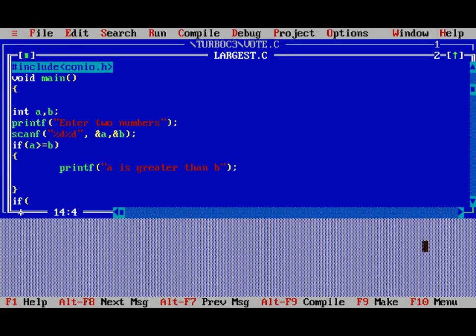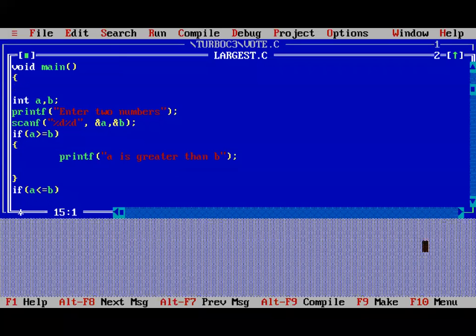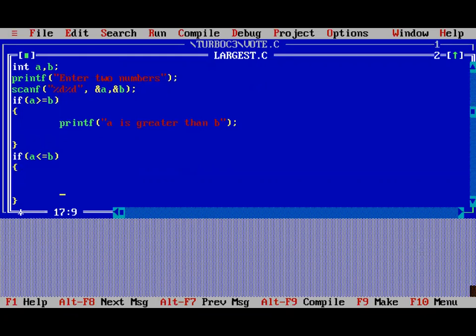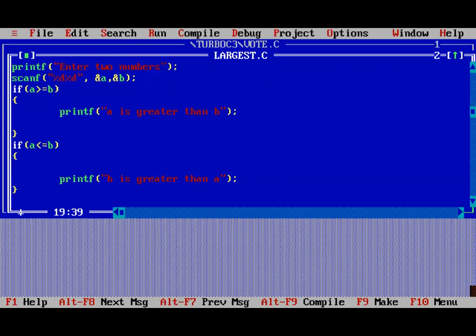If A is less than or equal to B, then printf B is greater than A. And after that we use the getch.